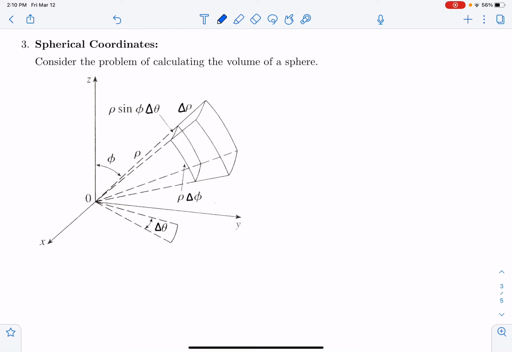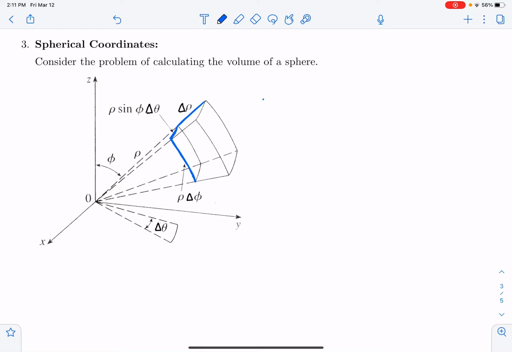So these approximate rectangular prisms I'm going to trace out like this. So we have here some sort of height, and then I'm going to call that the width, and then I'll call that the length. And so we want to find the volume of that piece, which is easy to describe in spherical coordinates,